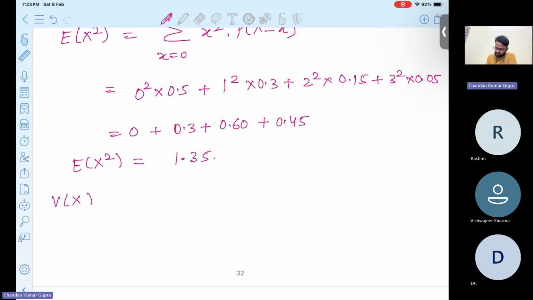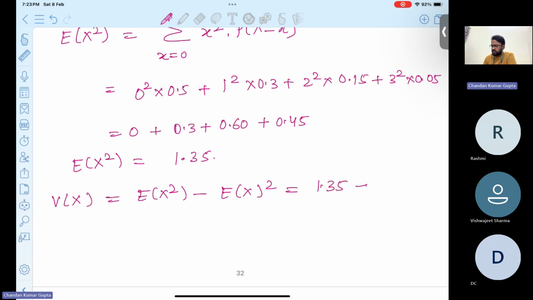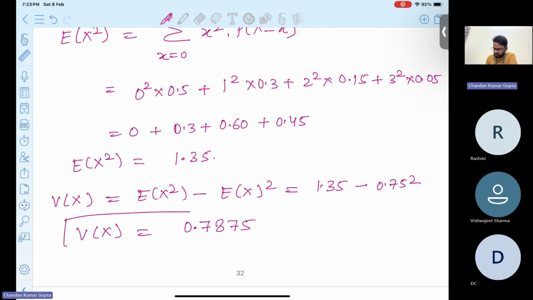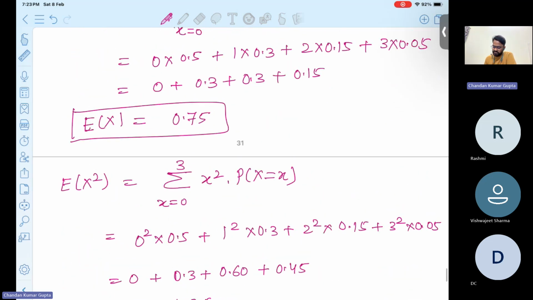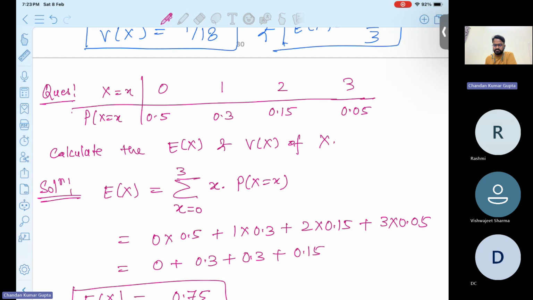Now the variance of x is calculated as expectation of x square minus expectation of x whole square. 1.35 minus, like we have, okay, 0.75 square, and after solution we get the final answer as 0.7875 as the variance. Okay, so this is the variance and this is the mean for this probability mass function. Okay,